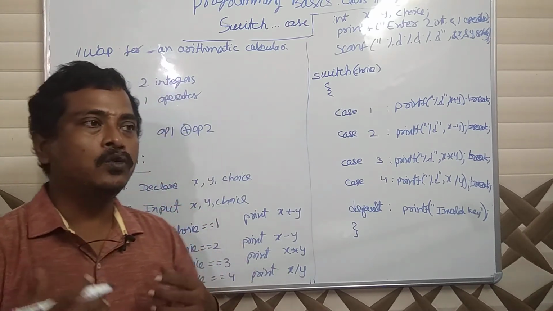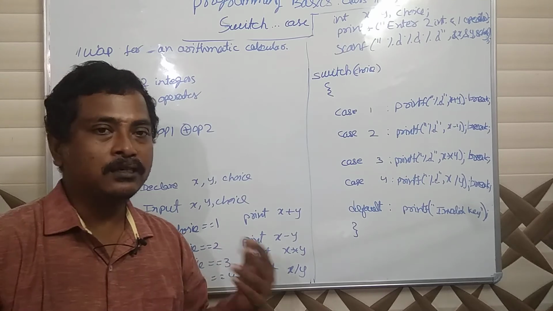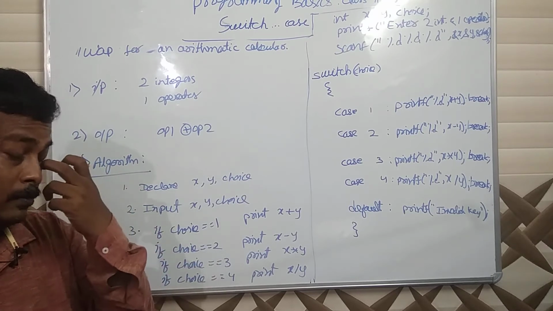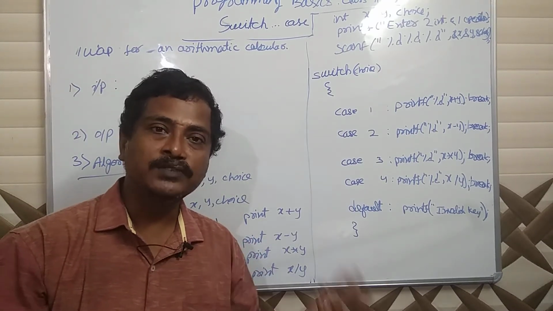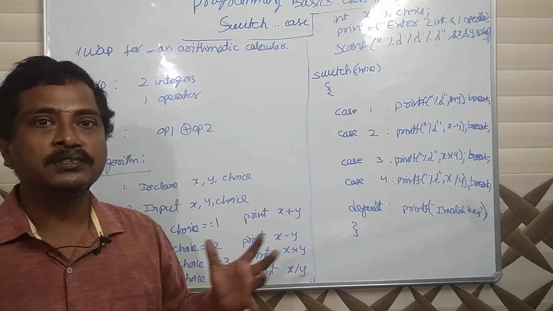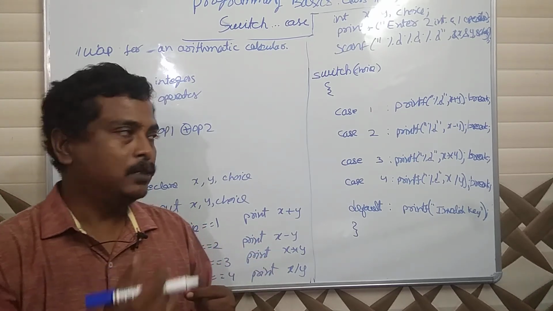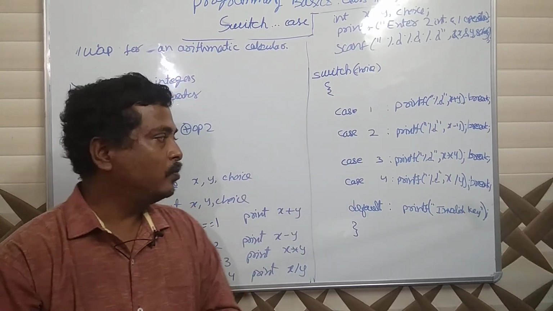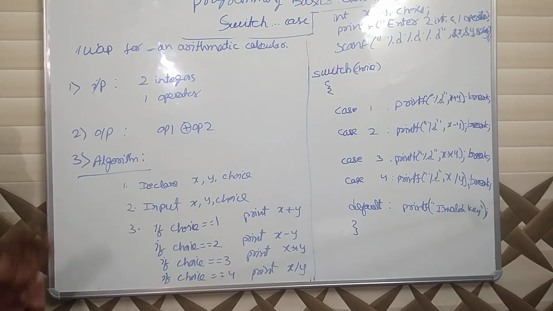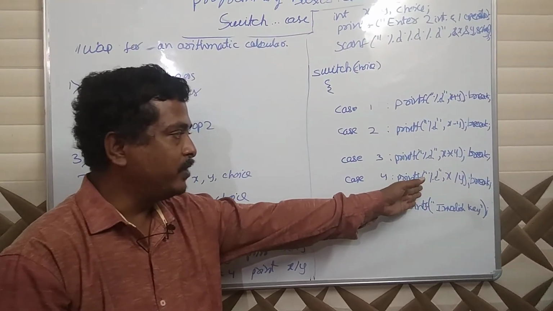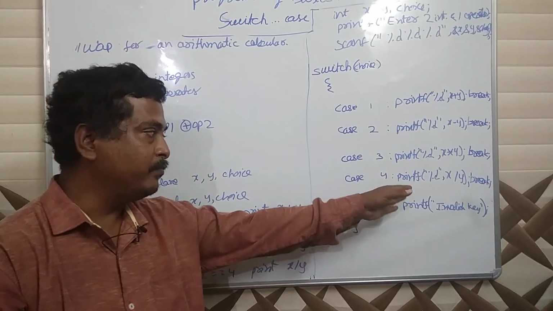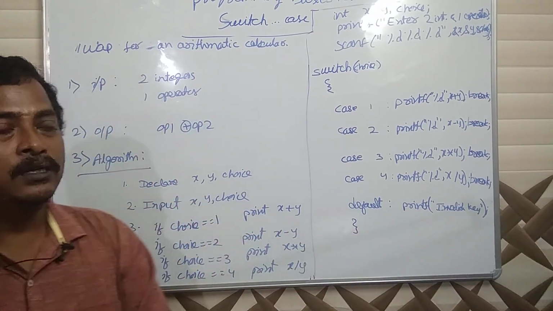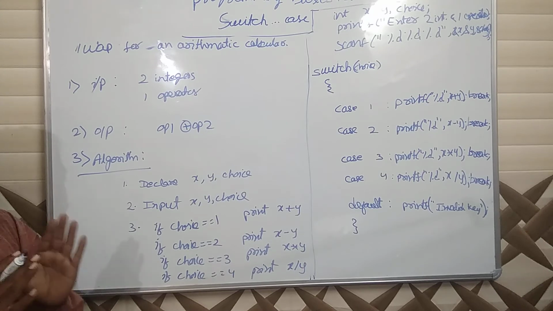Suppose you have to do a lot of operations like insertion, deletion. In data structure linked list it is required: insertion, deletion, then updating, insertion at which place, deletion at which place. So many options are there, and out of that you have to choose one option. In those cases switch case is used. Okay, this is all about switch case. It is the same in C++. In place of printf you write cout. In Java you write System.out.println, then it will be a Java program. So there is no change in any language, the concept is same.